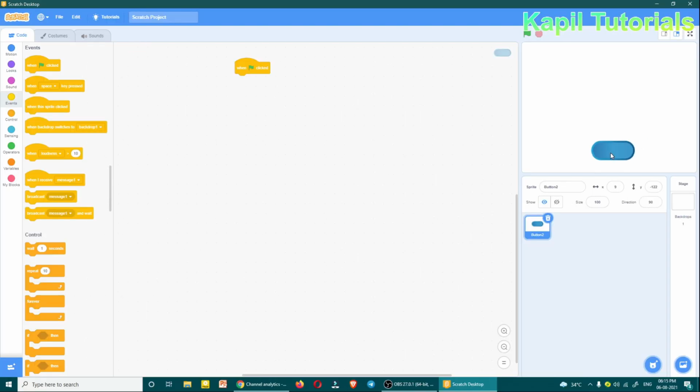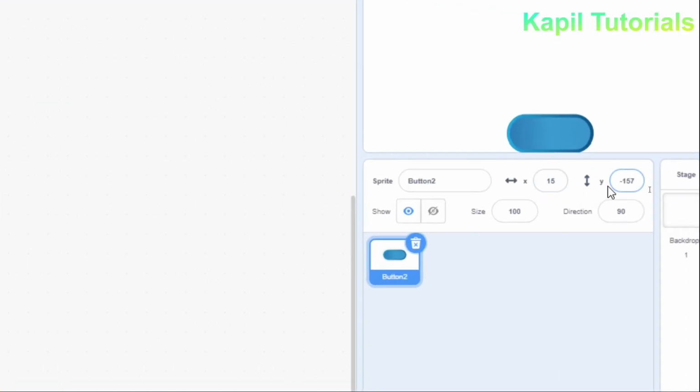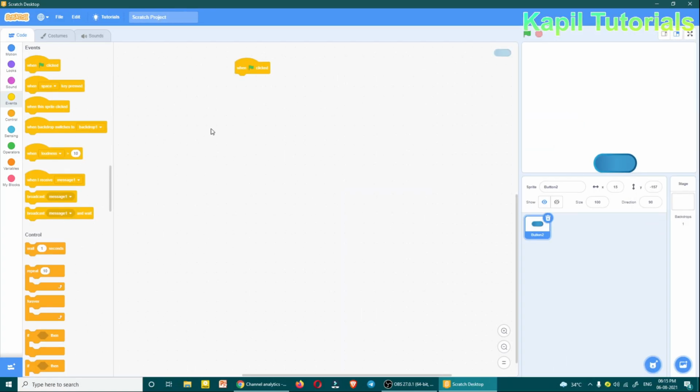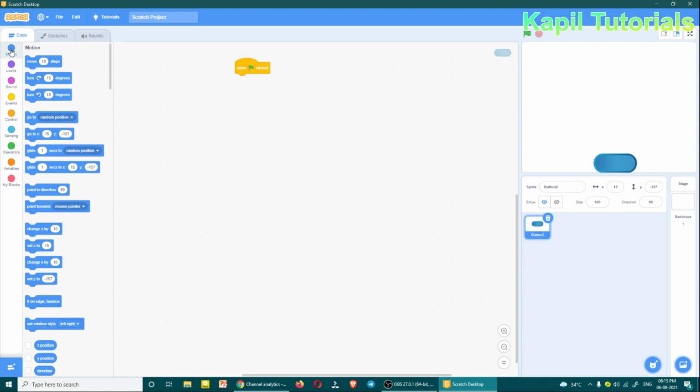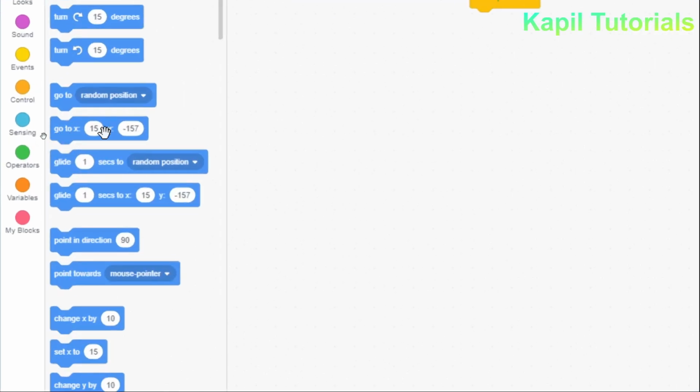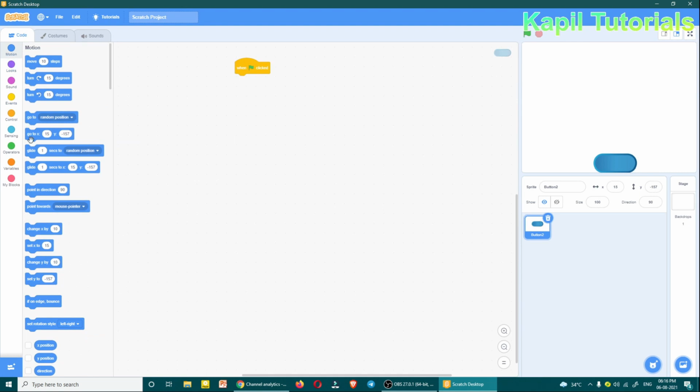So whenever I start the game, it should be somewhere here in between at the bottom. So here it's coming 15 and minus 157. So what I could do, I'll click on motion. There is one command, go to x and y. I think, yeah, this is the command, go to x y, and it's under motion.